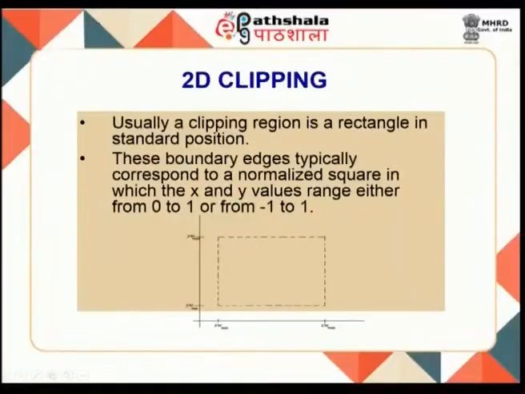Okay. We can also assume any rectangle that is tilted. You can also assume different orientations for your rectangle. That is a complex issue, but let us stick to only standard rectangles. So, let us see what this rectangle is. This is xw min and xw max, and yw min and yw max are the 4 infinitely extending boundaries that make up our window.